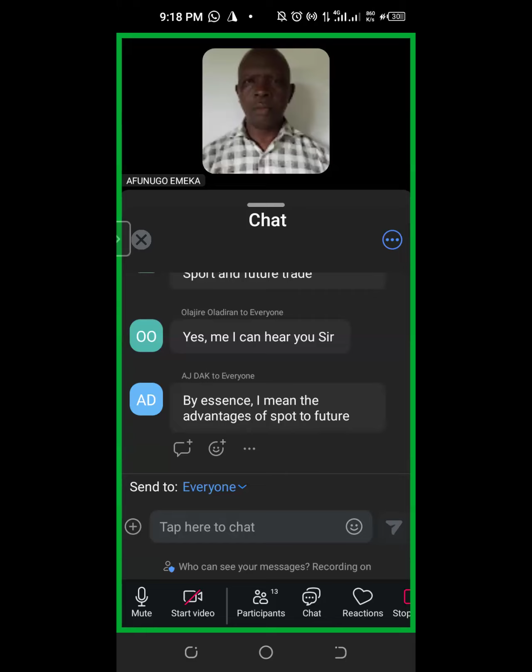But on spot, you are in charge of your assets. So that quantity of assets you have is your own. Whether the market goes against you, you cannot be liquidated, you cannot lose your money. You can only experience the fluctuation in the value of the coin that you buy in spot. So that's the major difference and the essence of spot to futures.